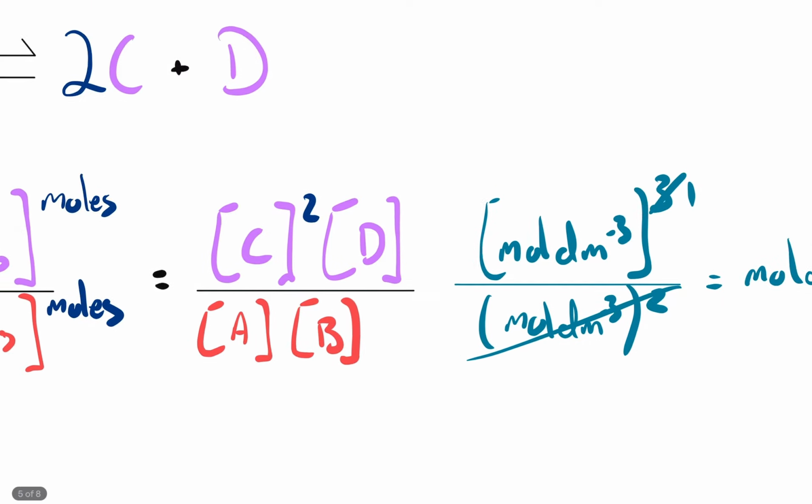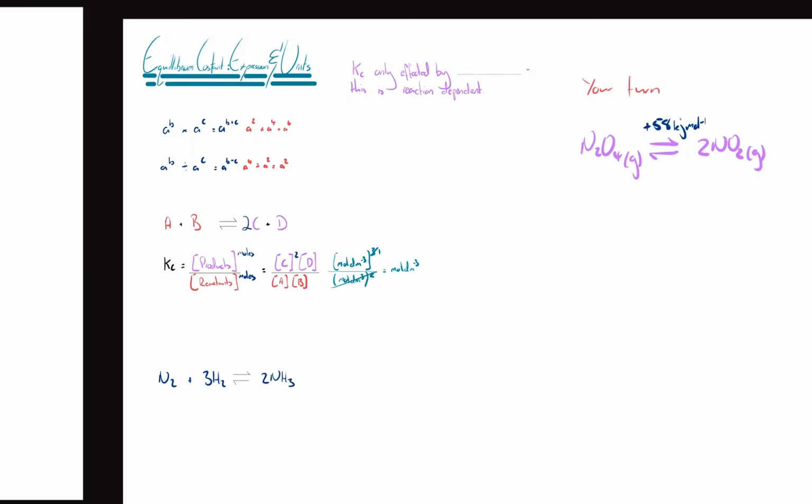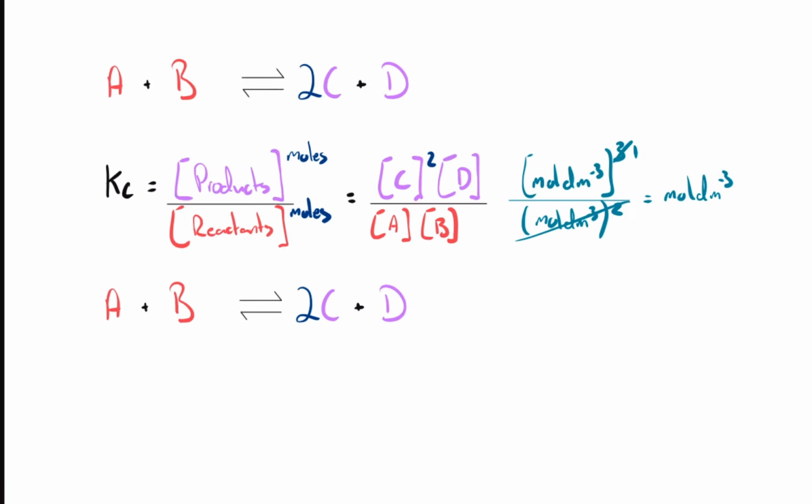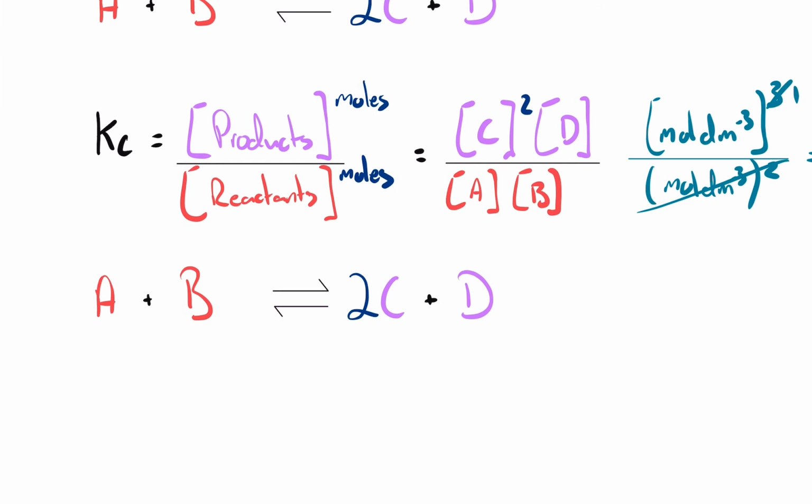Let's do a slightly different example. So let's do the same thing, but with different values here, right? So this time, let's say we've got 3 lots of A and 2 lots of B, okay? So this time, again, we're going to do the same thing. We've got our reactants, so we've got our Kc equals,